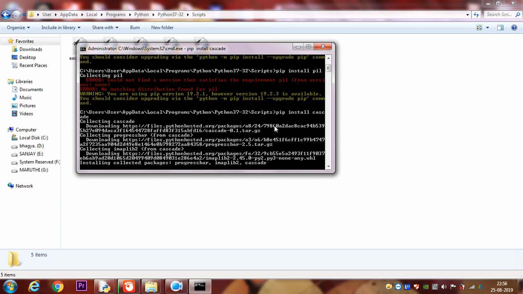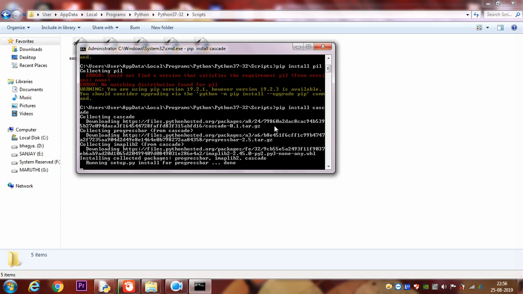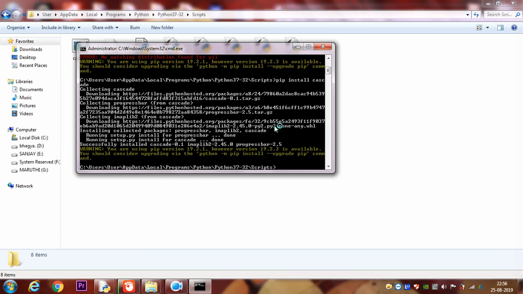Let it do its job. You are using pip now, however I am going to upgrade my pip library. It's already showing. You just type python -m pip install --upgrade pip. I am just going to type it: python -m pip install